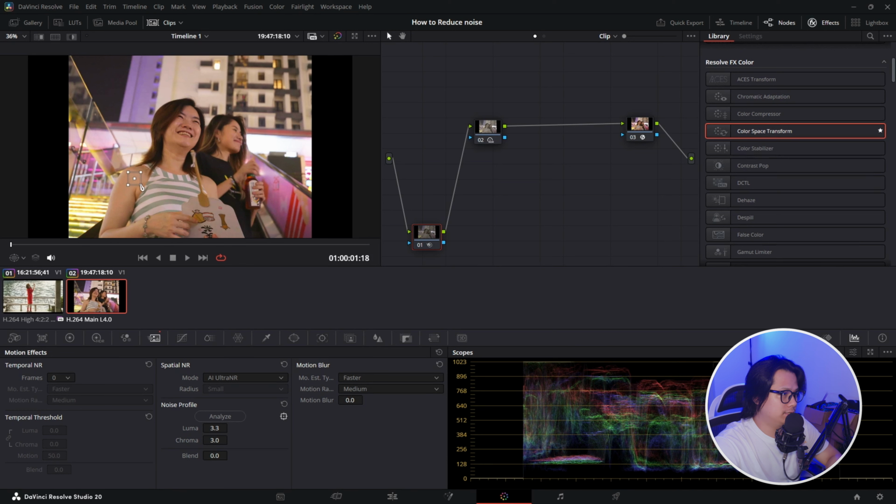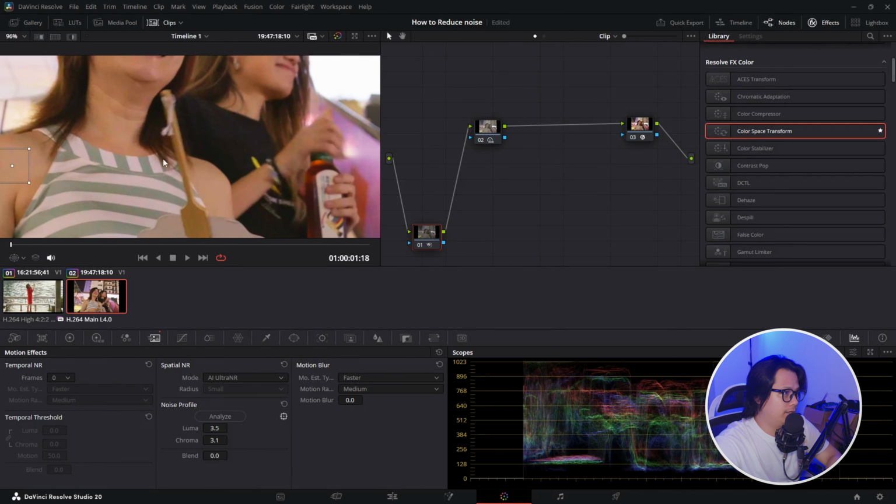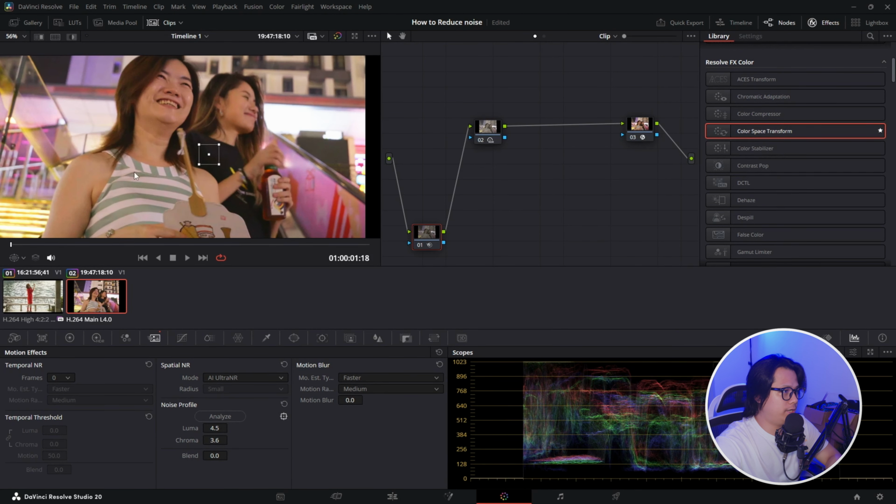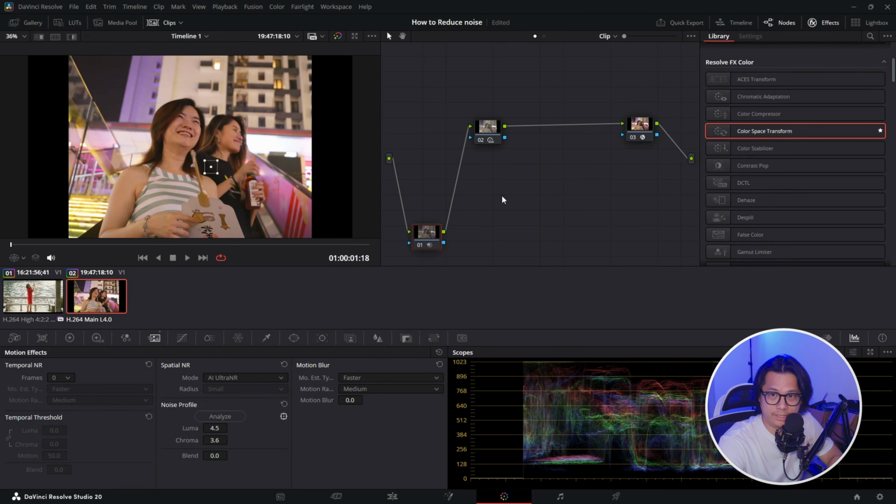We can increase the size just a little bit, and then we can drag and put this somewhere you think the noise occurs most. Normally at the darkest part of the image, which is her shirt, we can just drag and drop it over here, and then you can see the value right here. It updates itself, and that is about it. We're done. The second one sounds like a no-brainer, but it actually requires a lot more processing